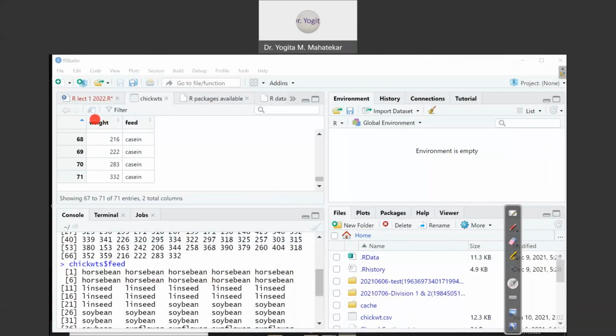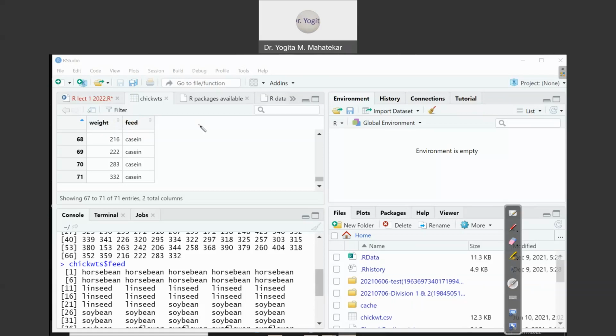The first variable is actually the weight variable, because it represents some characteristic of an individual in that population of chicks. Similarly, the second variable associated with this numerical data is the feeding type, and that is also one of the characteristics of an individual in the population. So a variable is a characteristic of an individual in a population.